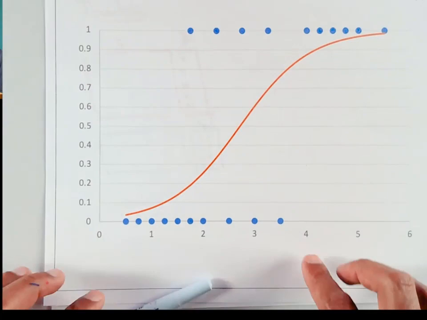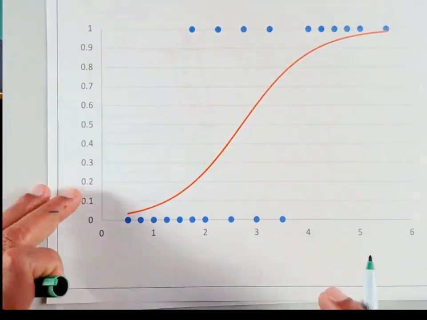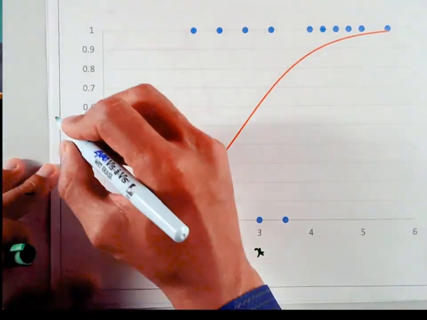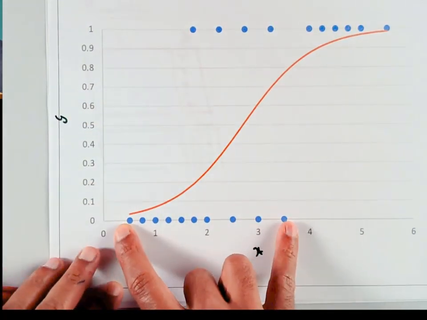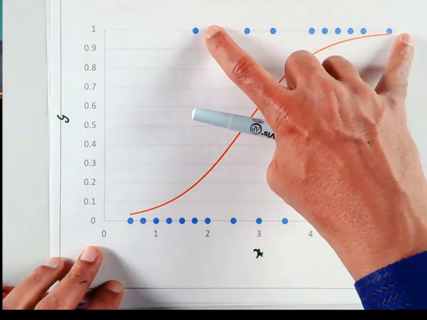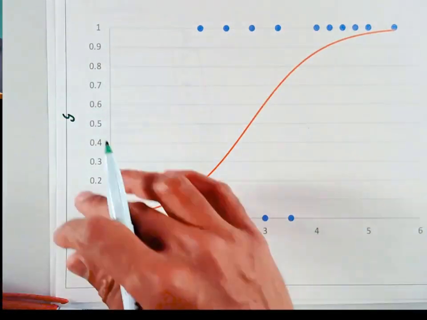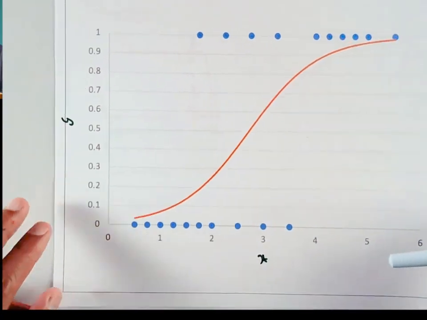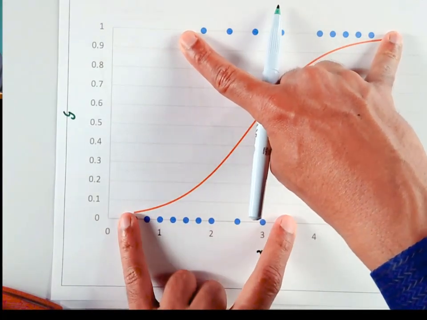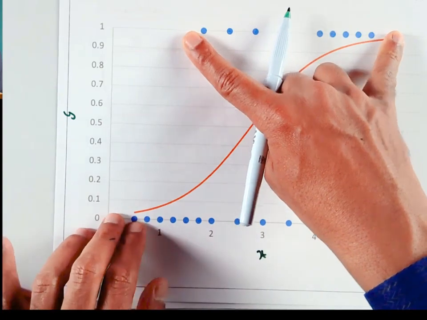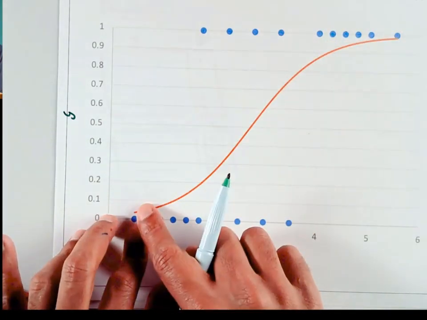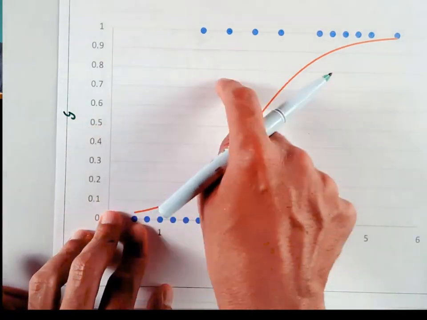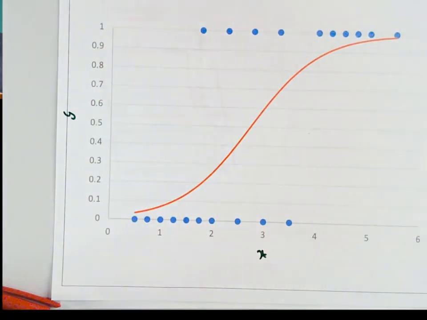Now think about this. This is the data, and this is our, let's say, independent variable x, and that's our dependent variable y. These people have actually defaulted, and these people have repaid. So you can think of y as a probability of repaying. Some people did repay and some people did default, but when we come up with a prediction model, it is going to give a probability somewhere in between. So this orange line is essentially predicting the probability of repaying.